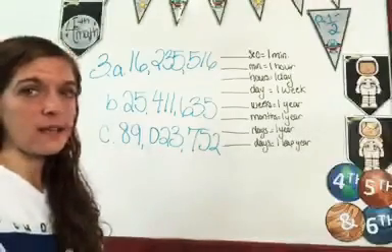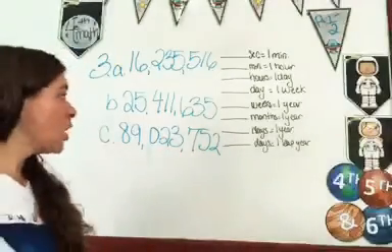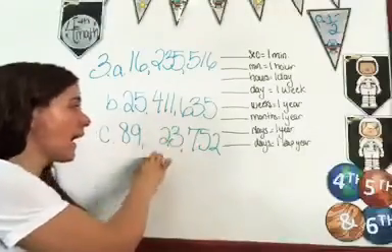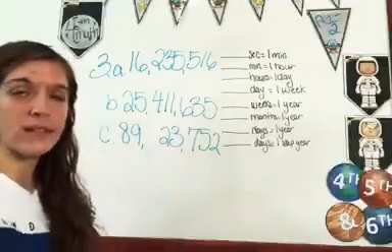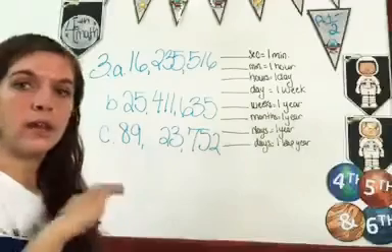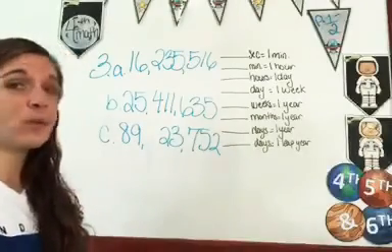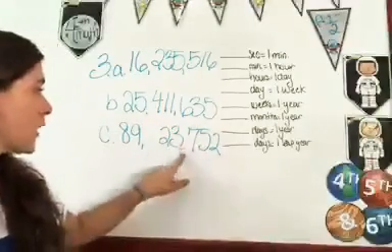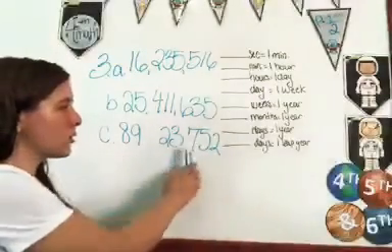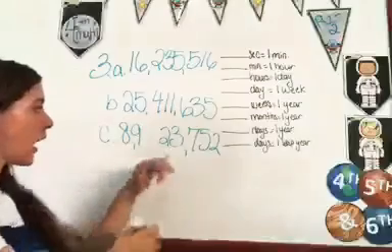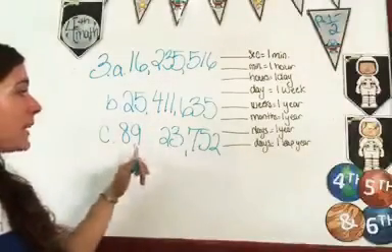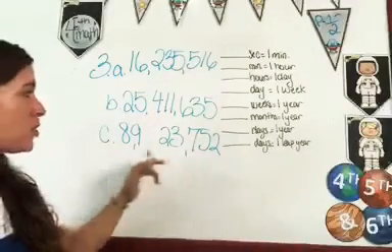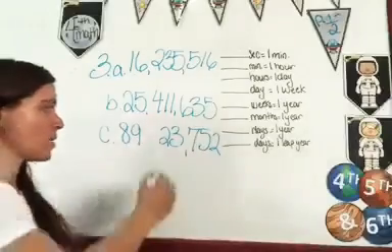89,023,000. Okay, guys, stop right there. You cannot have it without the 0 because it changes the whole number, okay? You can't read that as 23. It would change the whole number to where you would have the comma here, 1, 2, 3, comma, 1, 2, 3, comma, and this would be 8,923,752, and that's not the number that you want.